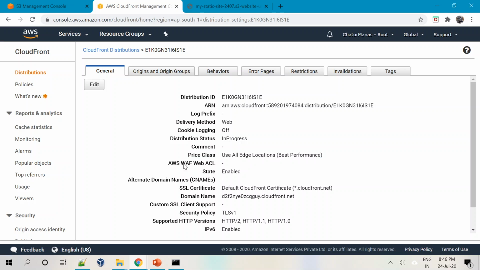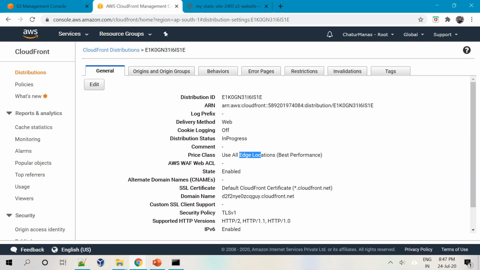When we talk about a price class, the price class is nothing but to how many edge locations this particular content is to be published. And you have different price classes. So you have all edge locations, which is the default chosen. When you say all the edge locations, I think at this moment in time, AWS has around 76 edge locations.